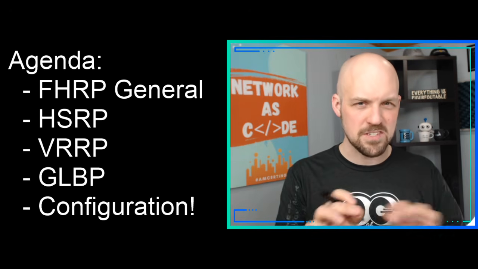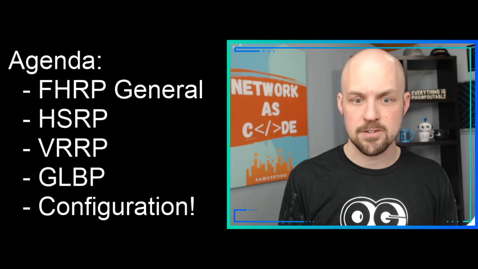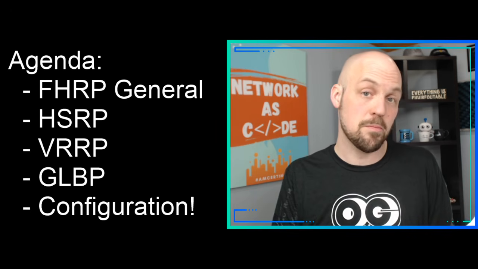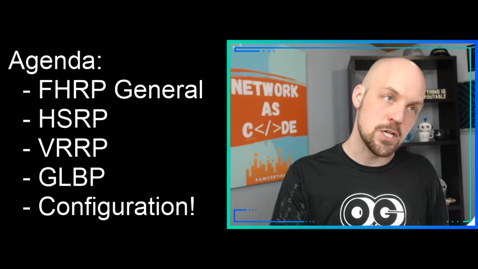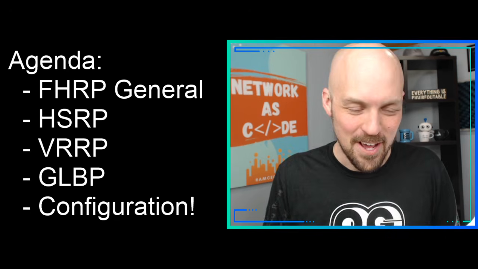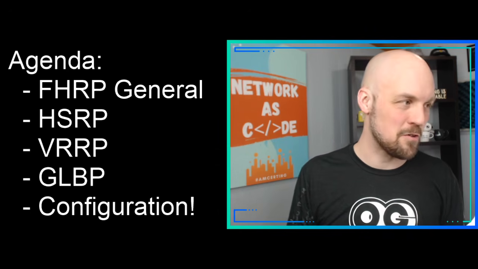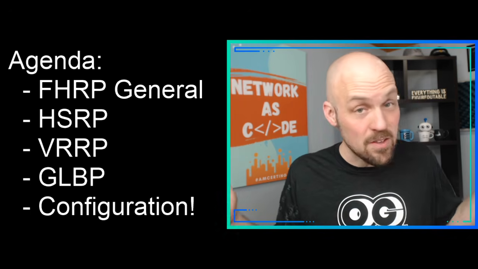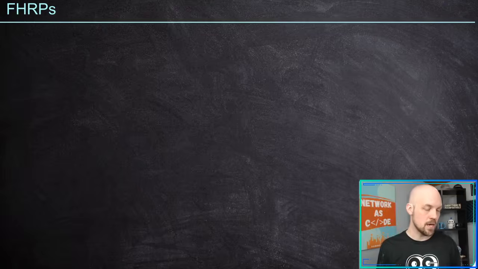This is a little bit of a sneak preview of what CBT Nuggets is working on behind the scenes. We're going to be looking at FHRPs, VRRP, HSRP, GLBP, all three of the something P's. A lot of these protocols. And then ideally we'll get into the lab and do some configuration. So let's jump in here to the whiteboard